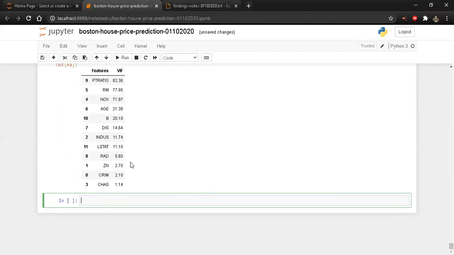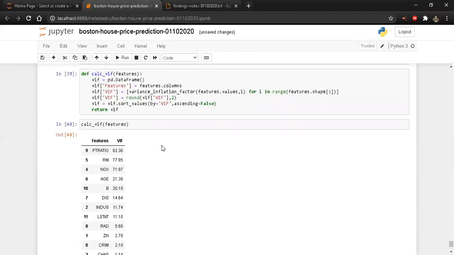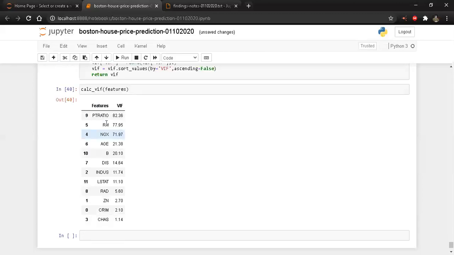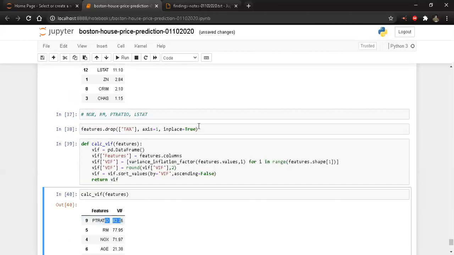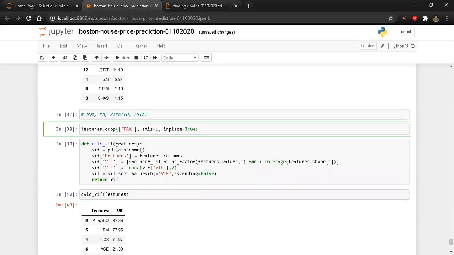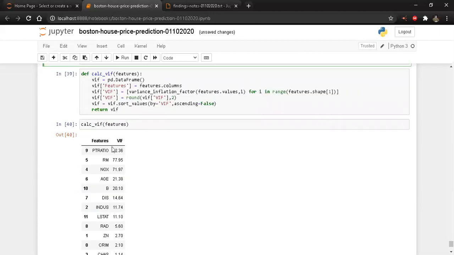Okay, see, it has worked. It has actually given me all the variables. Do you see any difference in this VIF as opposed to the last VIF? See what is happening here. PT ratio was 85. PT ratio had a value of 85. Now it has come down to 82. Why? Because I have dropped the tax column. As you go on and drop the unnecessary columns, the variance inflation factor of the rest of the variables also comes down,